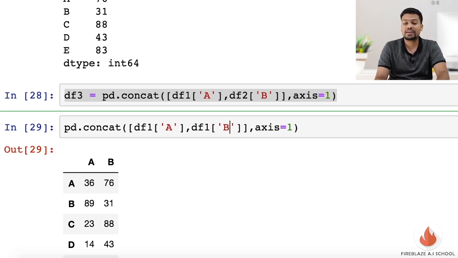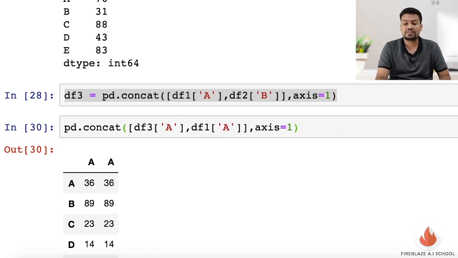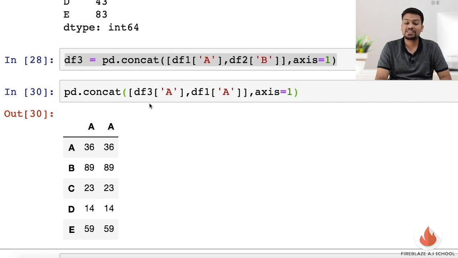That means you are again concatenating a column with df3. So when you run this, you can see we are selecting a column of this data frame and a column of df1, and the output you are getting is two a columns, with a totally new type of concatenation happening